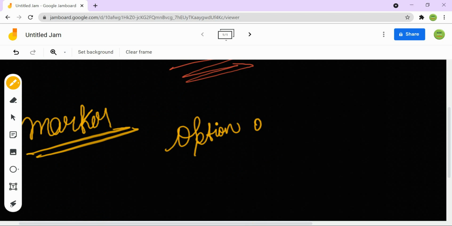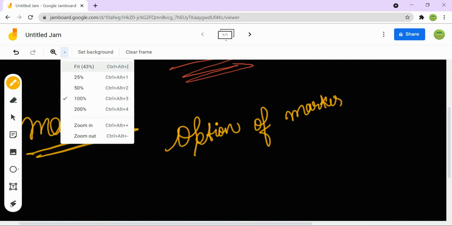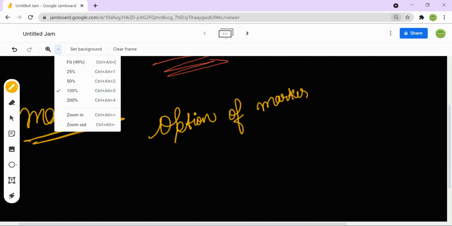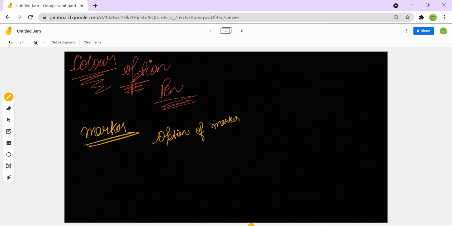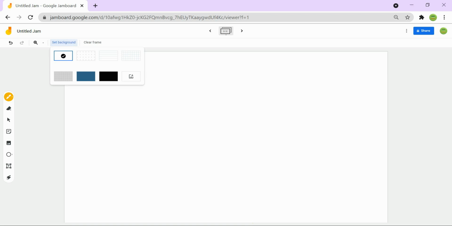If you want to write in a big, so you can do big, but I will recommend you that you should go to the fit, which is available by the Jamboard. You should go to the fit option here, and then you should use it. Use Jamboard. Sometimes it's lag if you are writing constantly, but this option is a good option. But when you click on new slide, then you have to again select the board to write on.